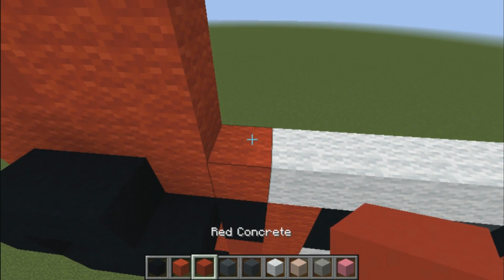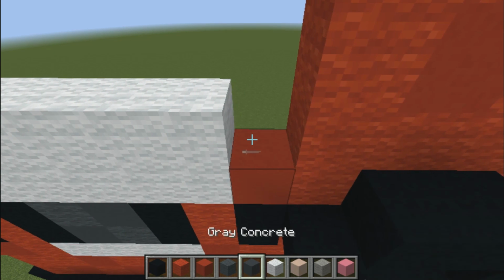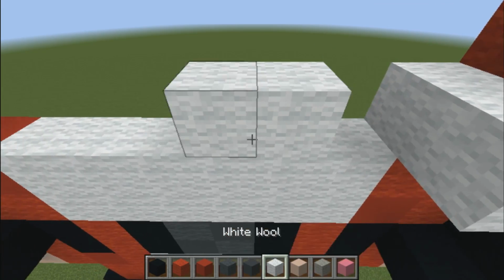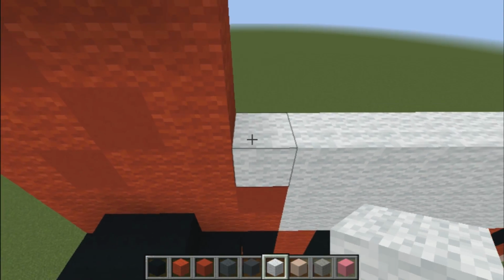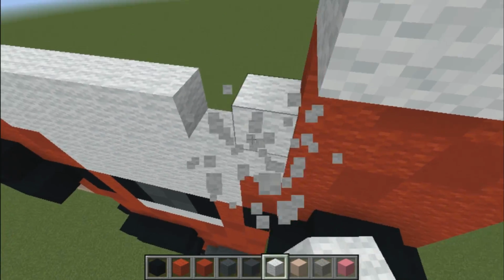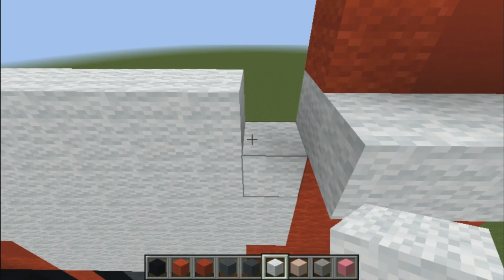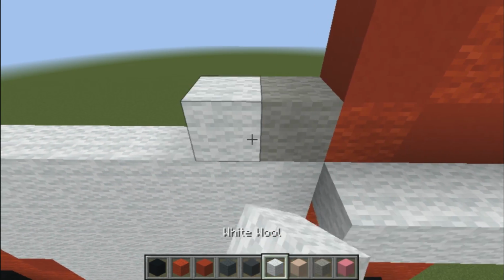Then you guys are going to place a red concrete, another layer of white wool on top of that white wool, and a red wool, followed by a layer of white wool, a solid layer, making that 4 blocks thick, so bring it up to the white band. Once it's up to the white band, you want to go ahead and switch to light gray wool, white wool,